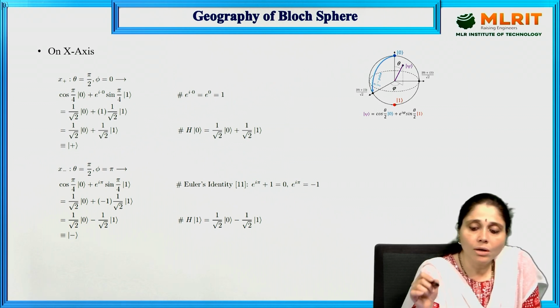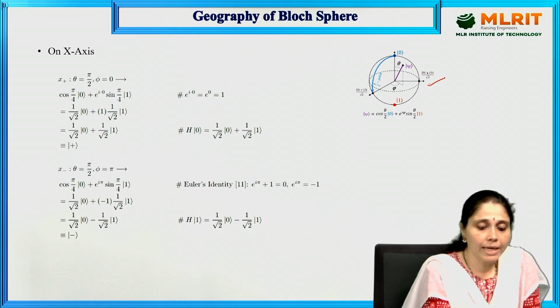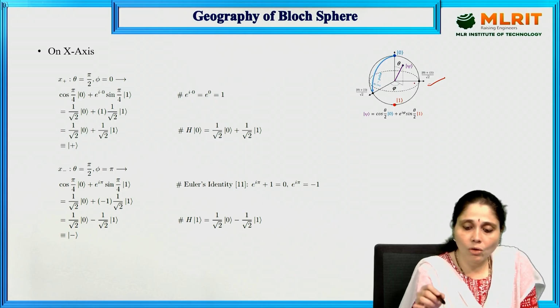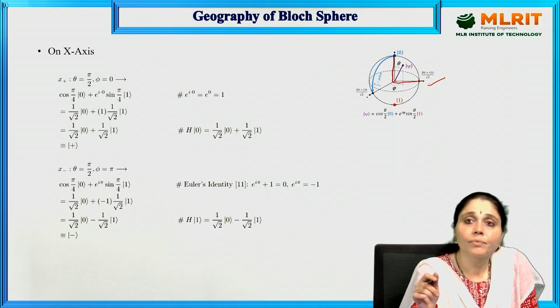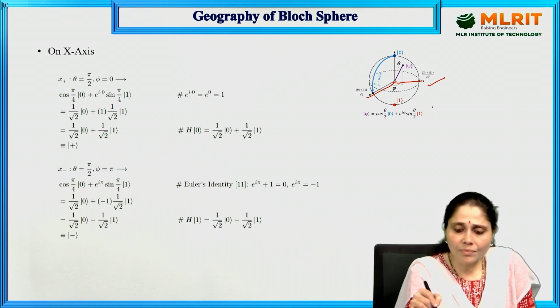Okay, so see, if you have noticed this one, ket 0 plus ket 1 by root 2. See here, this is the representation on the x-axis. So we have three axes here, x-axis, y-axis and z-axis. Okay, right? Each one is represented with some numbers, like ket 0 plus ket 1 by root 2, like that. So we'll see about this one.